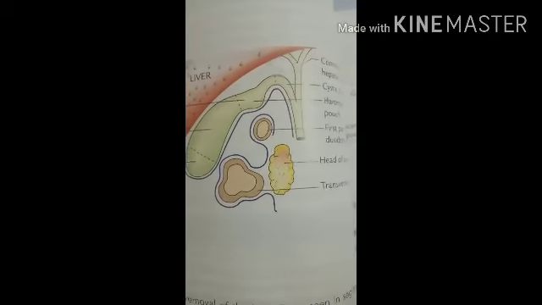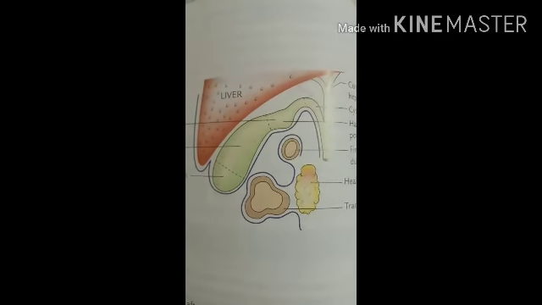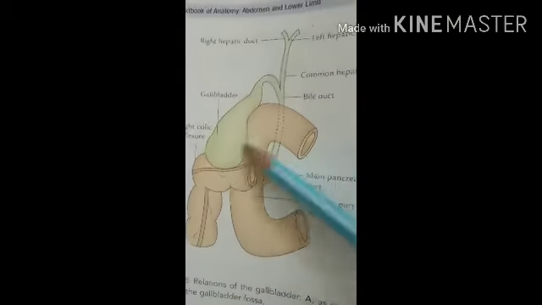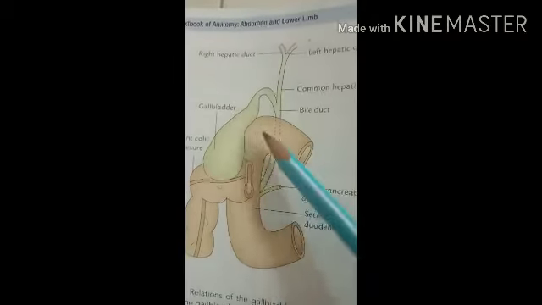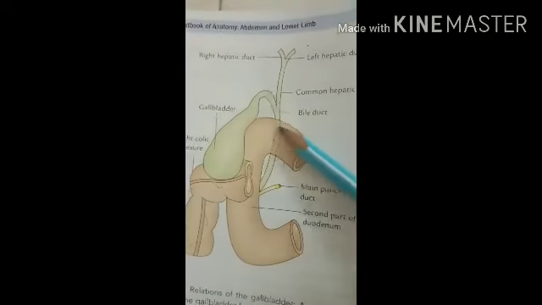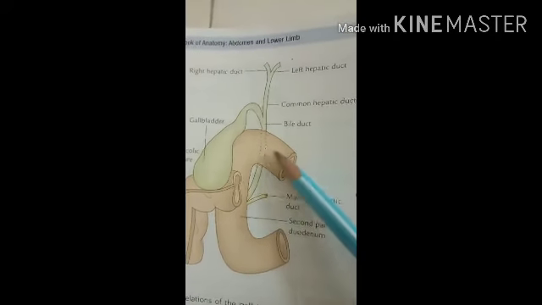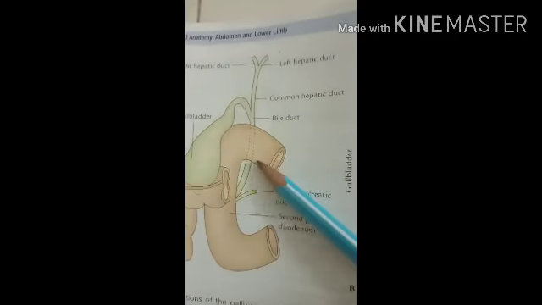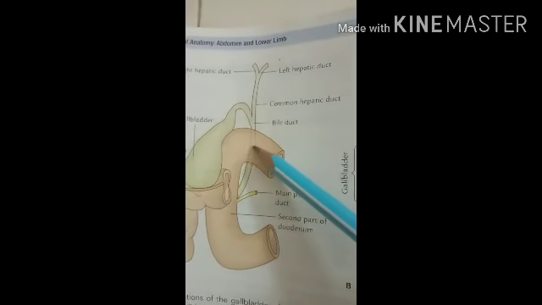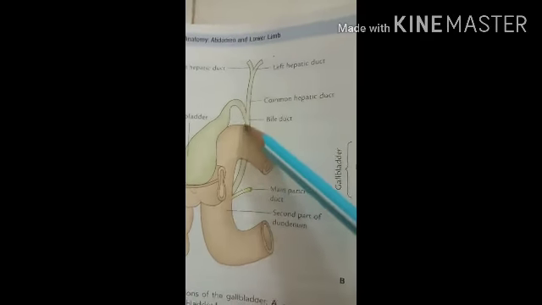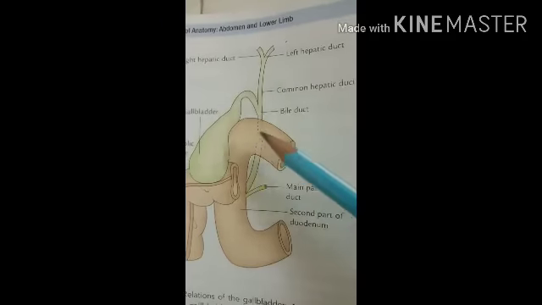So these are the clinical points related with the extrahepatic biliary apparatus. And the last clinical point is related with the investigation of the biliary tract, where the bile duct can be observed. This bile duct can be observed from the duodenum by the procedure called endoscopic retrograde cholangiography. Throughout the procedure, you can see the bile duct which reaches the second part of the duodenum. So these are the clinical points related with the extrahepatic biliary apparatus.